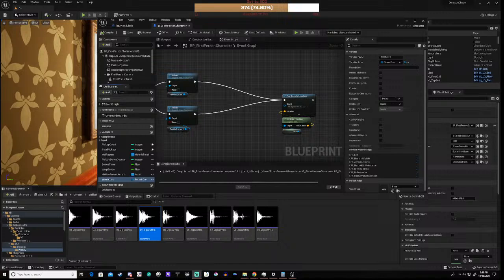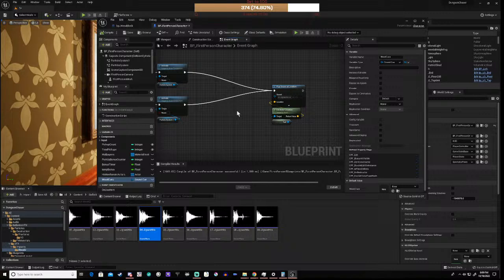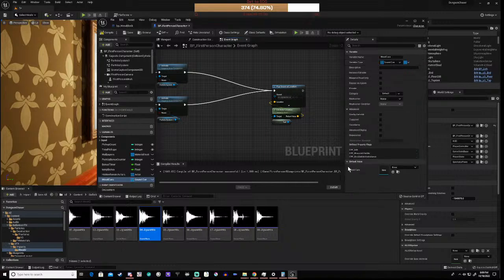Let's get this show on the road, guys. It's Monday night. We're going to do a little bit more of our tutorial project. What we're doing at the moment is adding sound for our wood busting, and we're going to set that up as an array of sound